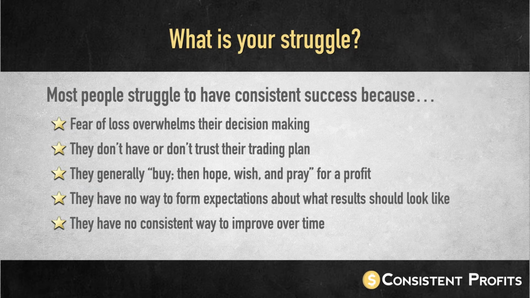They need bigger returns, but they don't know how to get them. So they become more like gamblers, or lottery ticket buyers. They do something and they hope they get a big profit. They have no way to form an expectation about what results should look like in a given approach to the markets. Whatever strategy you're following, no one tells you. I've worked with lots of experts, and none of them ever tell their people the kind of results they should expect over 100 trades. This is your base win rate. Nobody talks about that. We are talking about that because we know that's the only way for you to be able to gain consistency over your trading and to improve those results over time.